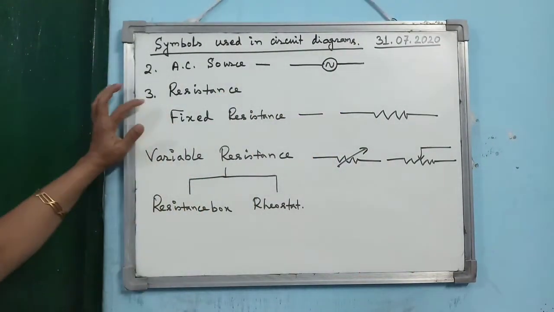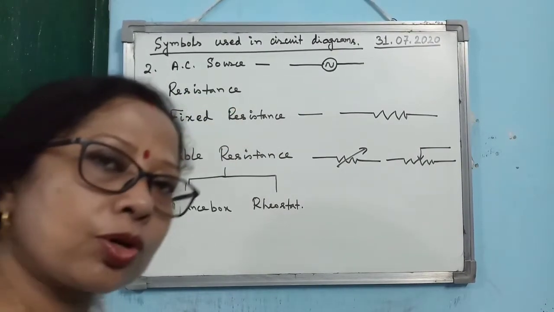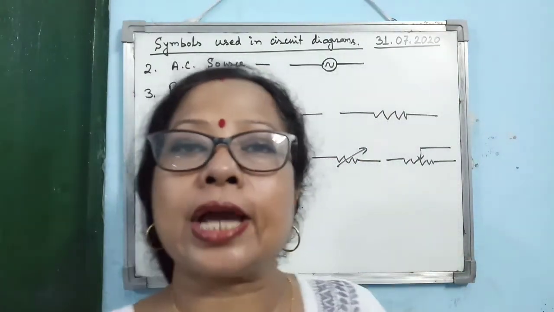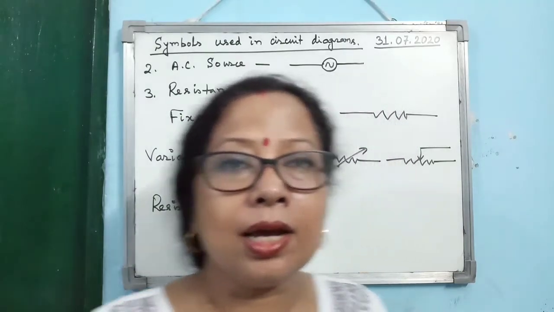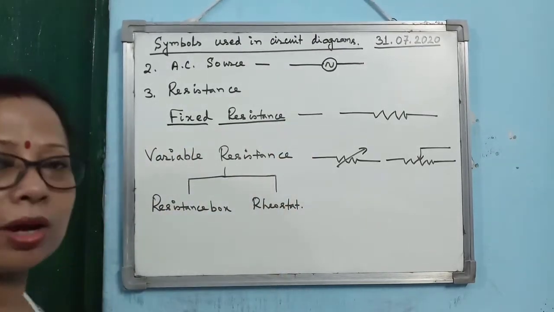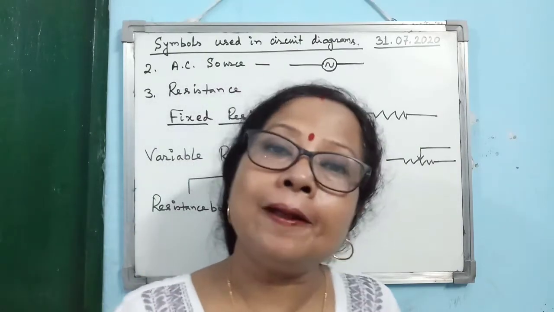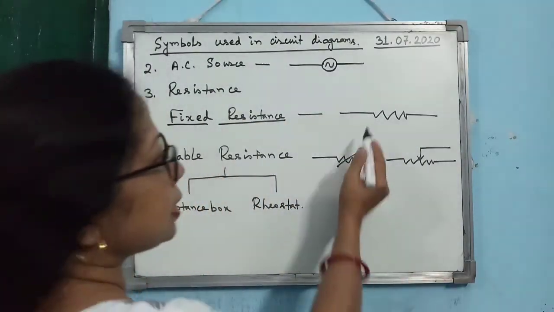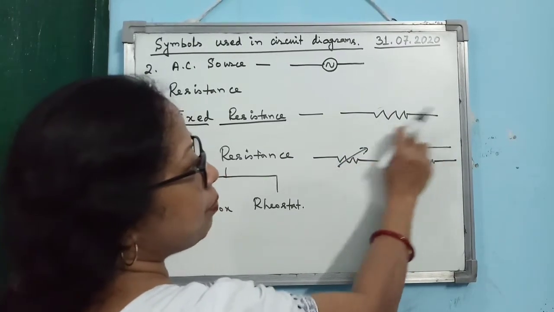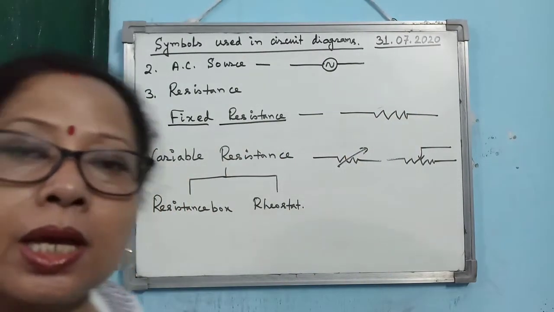Then the next component of an electrical circuit is resistance. What is resistance? I have already discussed. Now in practical cases, generally we use two types of resistances. One is known as the fixed resistance. From the name you can make out, here the resistance is not changing. Alright, so there are resistance boxes, small kind of boxes, and it has two terminals. So this is the symbol for resistance. Resistance means opposition, no? So you see, this is the way we represent the opposition. And this is fixed resistance, meaning the value of the resistance is constant.